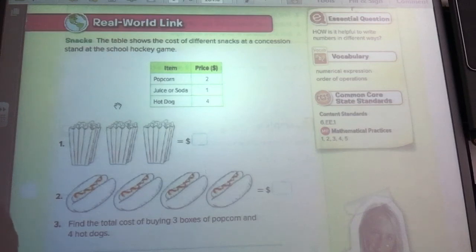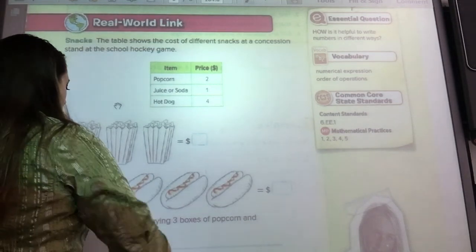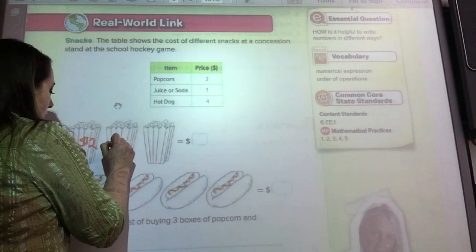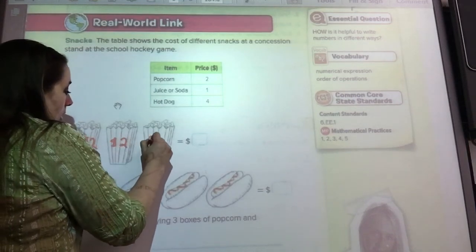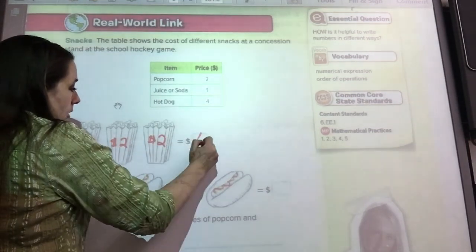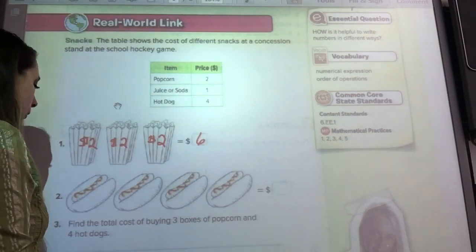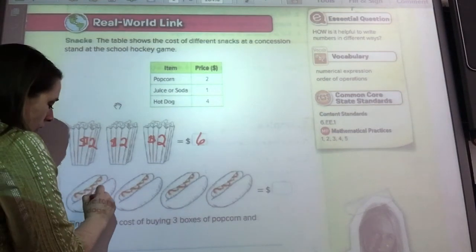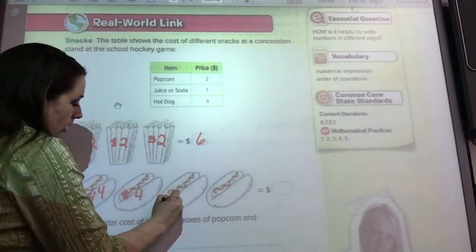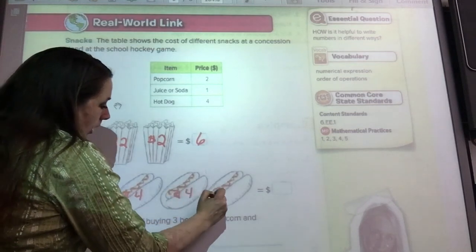For popcorn, how much is each one? If you look at the price list, it shows that popcorn's $2. So how much is 3 popcorns going to be? Let's see, we got $2, $2, $2. 2, 4, $6. Hot dogs are $4 a piece. 4, 4, 4, that's 4, 8, 12,